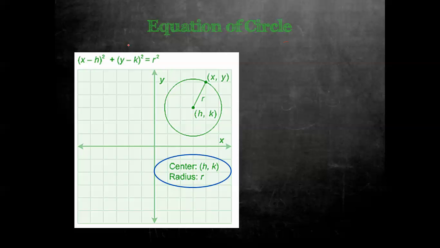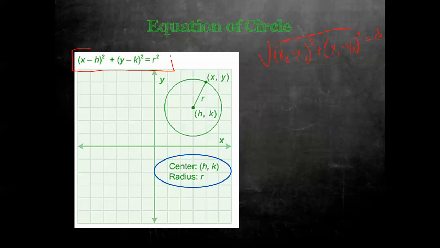The equation of a circle actually comes from the distance formula. So remember, when you're given a line on a coordinate plane, you can find the distance between point 1 and point 2 using the distance formula. And remember, the distance formula is the square root of x2 minus x1 squared plus y2 minus y1 squared, and that gives you the distance. So what we did is we took this formula and moved it around a little bit,